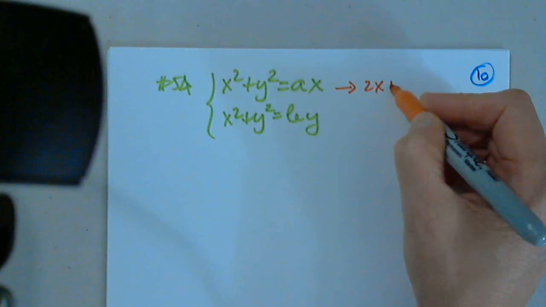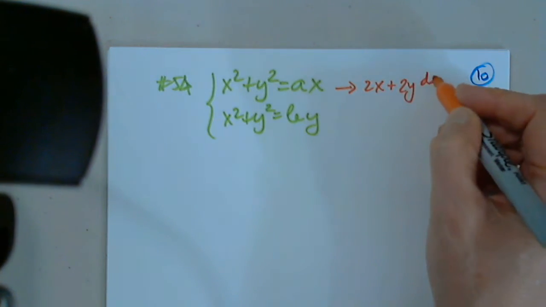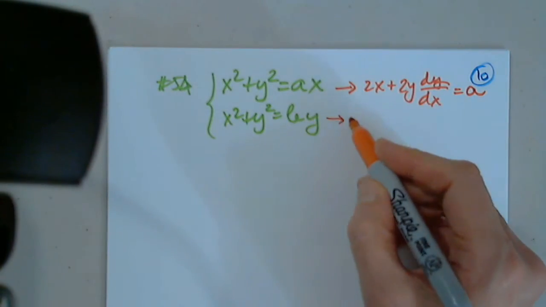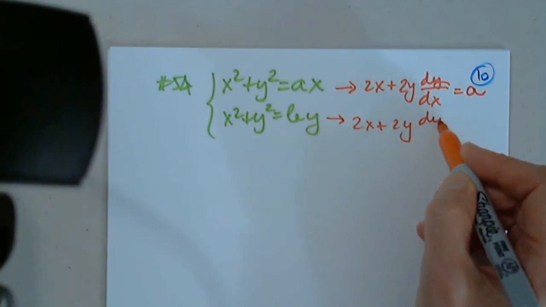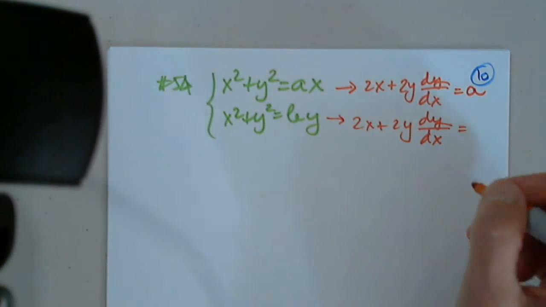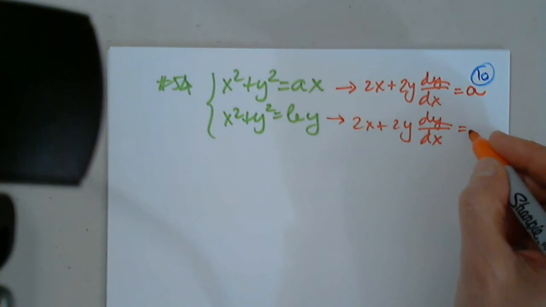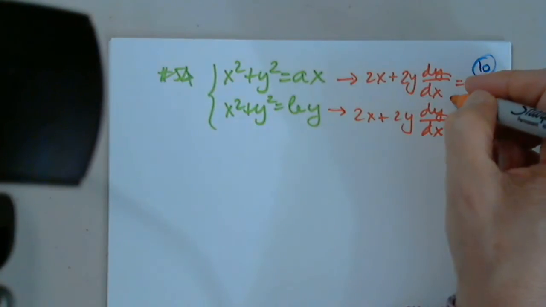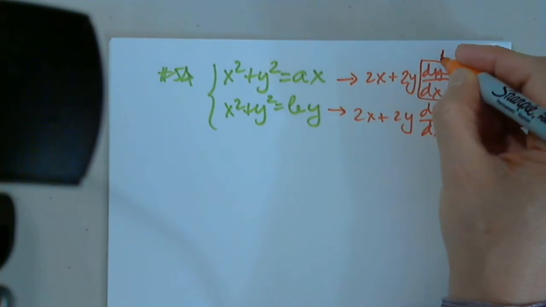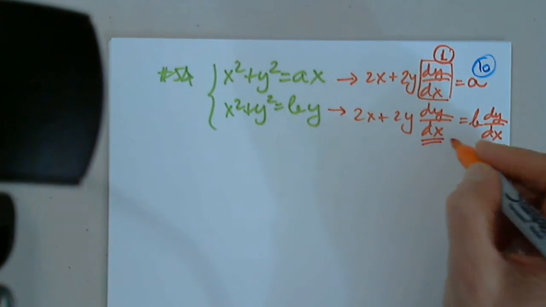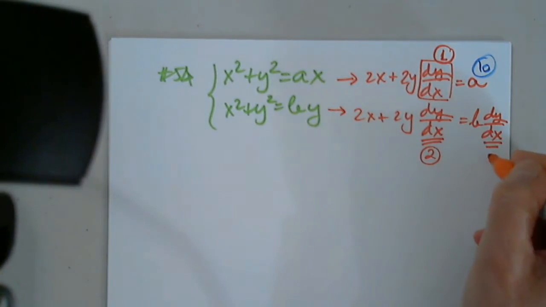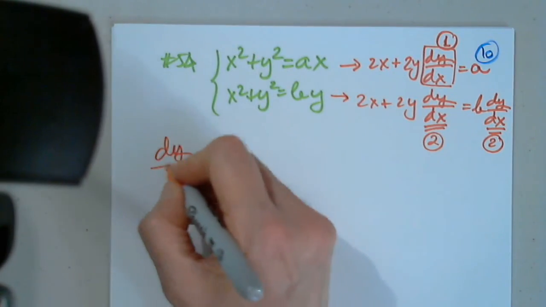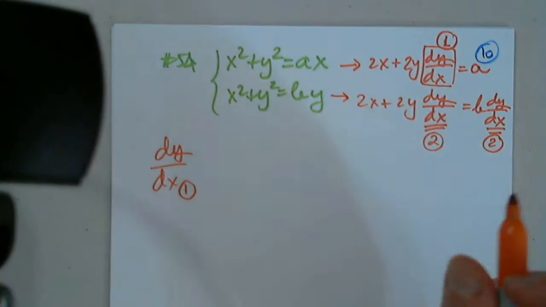So this will be 2x plus 2y dy over dx equals a. And here 2x plus 2y dy over dx equals b dy over dx. This is to be understood that it's coming from the first equation, and this to be understood as coming from the second equation. So when I solve for dy/dx from the first one, I have